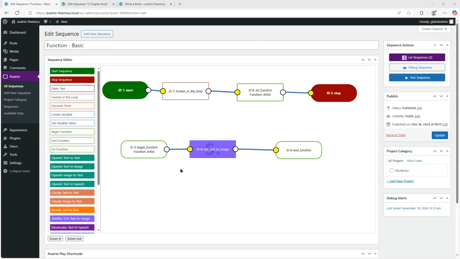In this video, we're looking at the function nodes in Avairto. There are three nodes: begin function, end function, and do function. Basically, a function on screen has to have a beginning and an end. So it's almost like the start and stop sequence, which is the main sequence, only we can break out functions